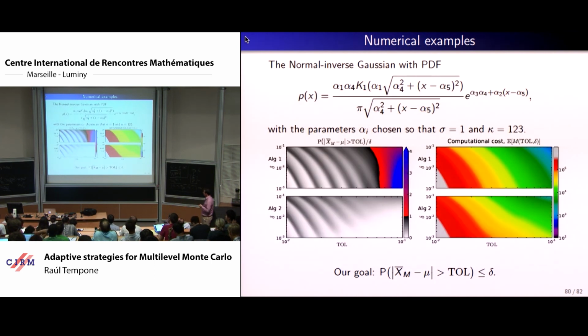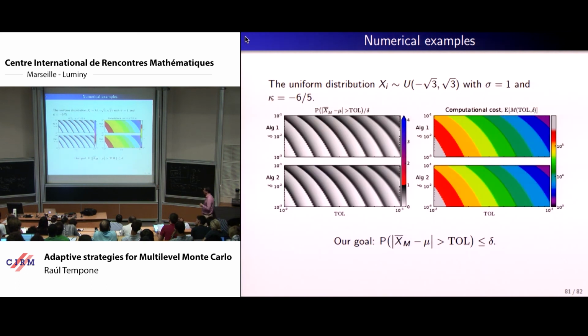And this can be done also for another kind of not so nicely behaving random variable. And you see again that for small delta and relatively few percent tall, this is a bad case. But you can fix it using this other algorithm and without incurring too much in an increase of the work.